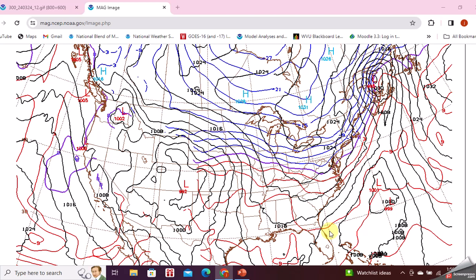So this is an analysis. And what we have on it is surface pressures and 850 millibar temperatures. Anything in blue in the 850 millibar temperature is basically 0 Celsius or below. Anything in red is above that. They're basically 3 degrees apart, plotted. This is a forecast model. However, the analysis of it is pretty accurate.